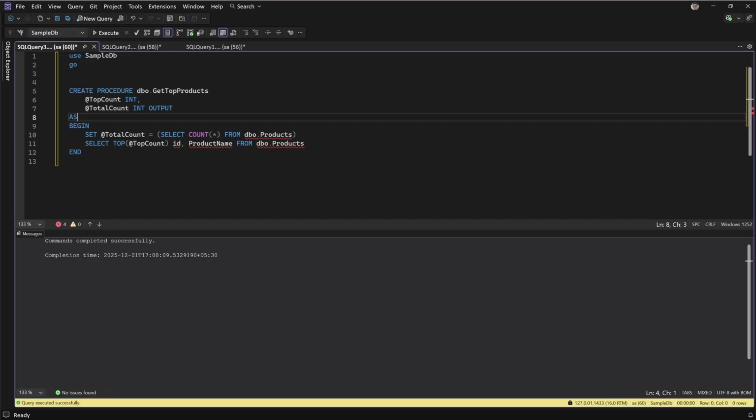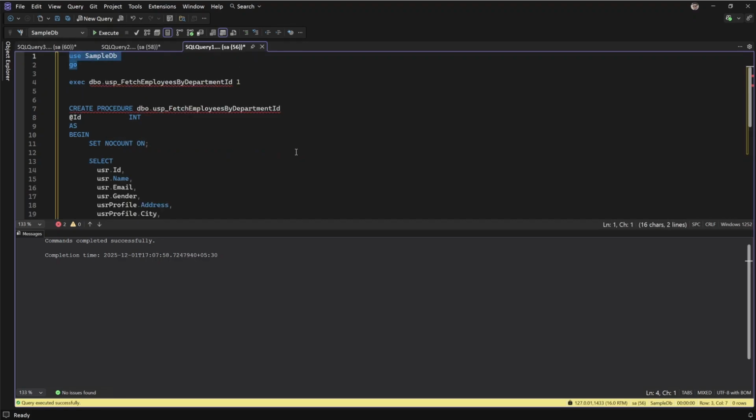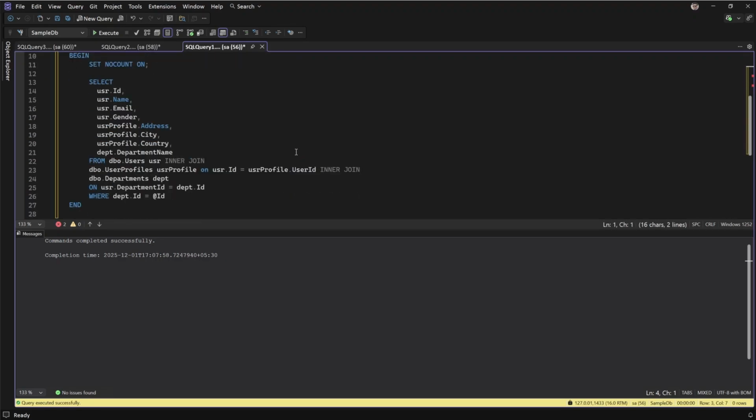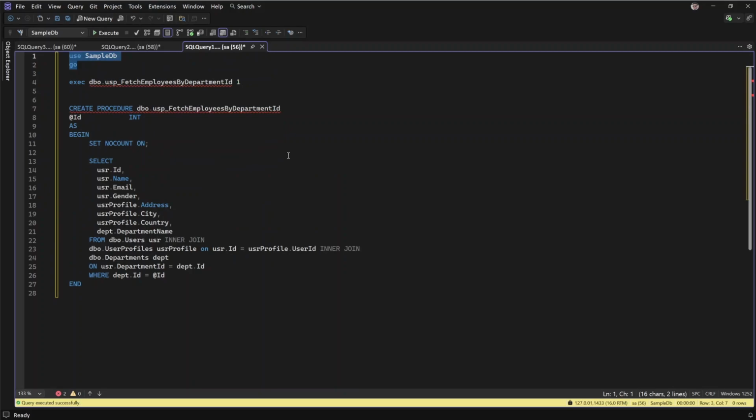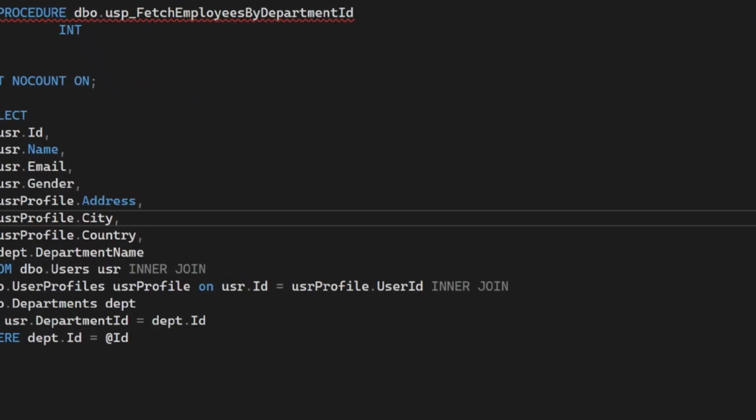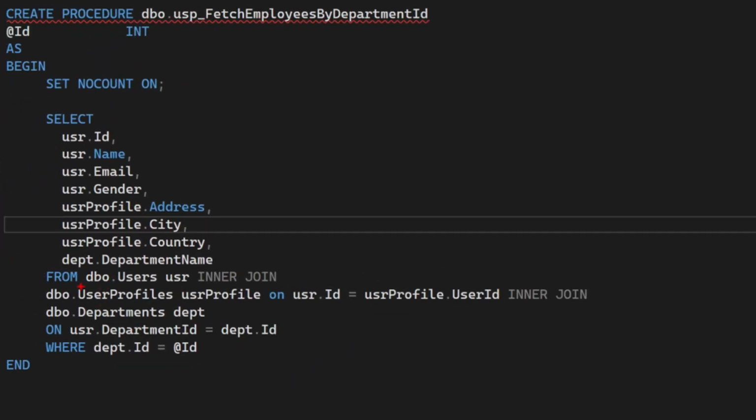To start with, let's quickly jump to SQL, and you can see I already have a procedure written over here, and this procedure performs a join between three different tables. The first table is the user table, then the user profile table, and then the department table. And in response, this procedure is giving me these columns. This is a quite simple query and we can easily do it with LINQ as well. But even in those cases, if you want to use the full potential of SQL,